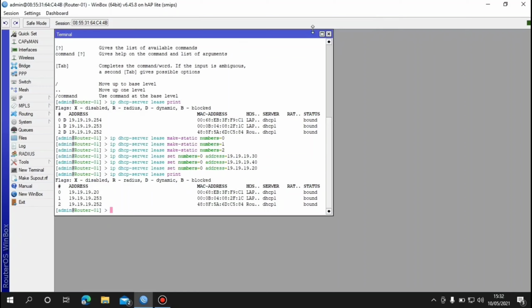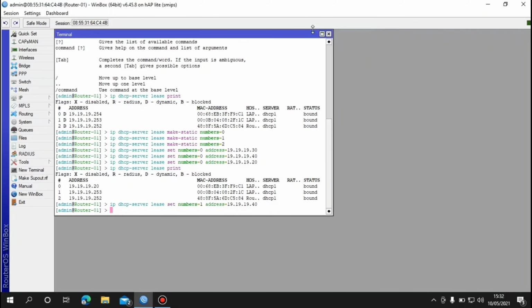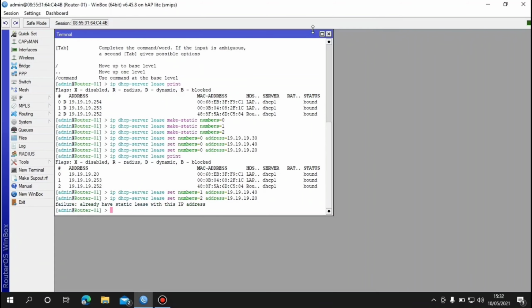Sorry, change the numbers to numbers 1, enter, and numbers 2, enter.